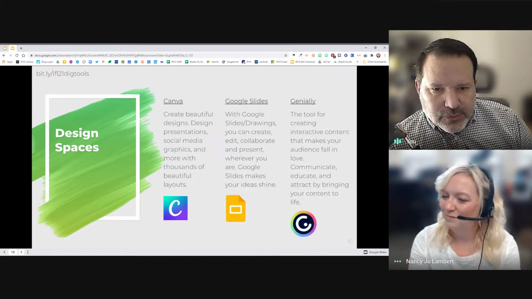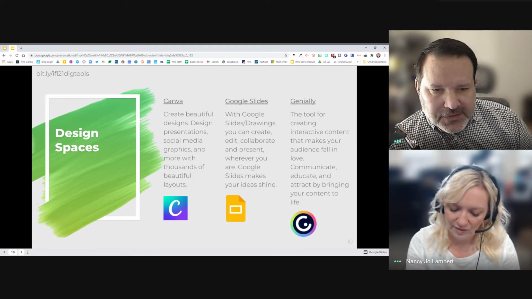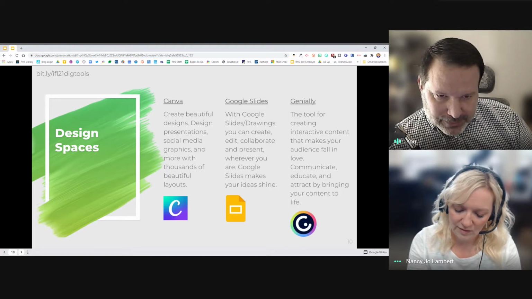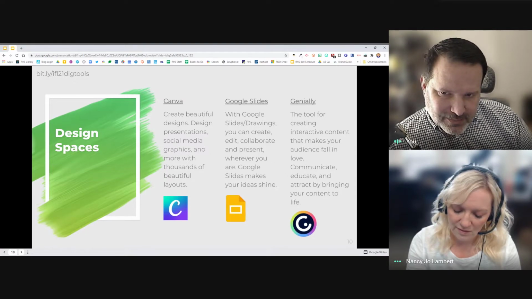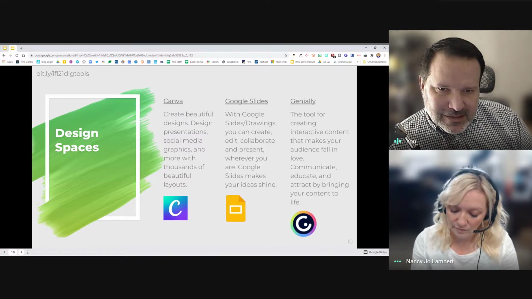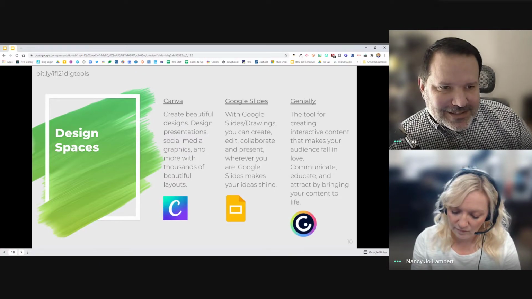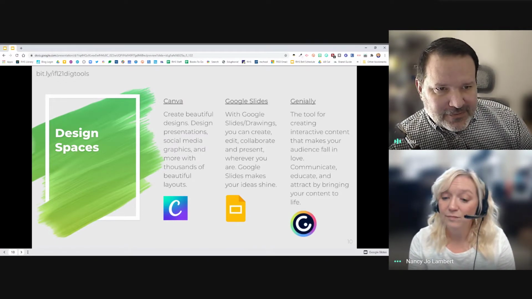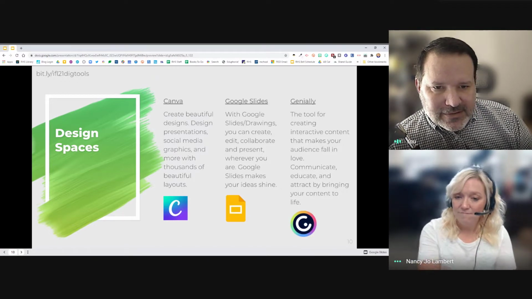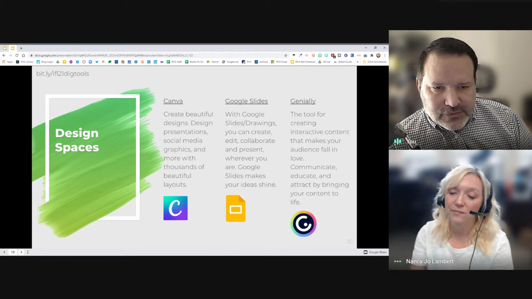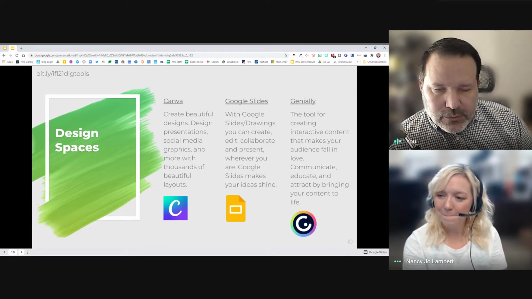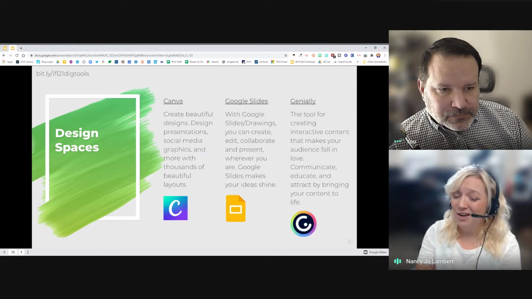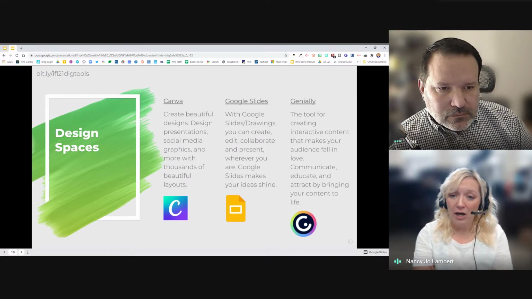Genially is a newer tool that I've kind of gotten into using. It's a little bit different. It's kind of like a bunch of tools wrapped into one. I don't know if you've used ThingLink before, but it's a little bit like that. It's kind of like Google Slides. You almost can build websites inside of it, little mini websites. So it has tons of stuff. It's just sometimes refreshing to use a different presentation tool instead of just Slides all the time or Keynote or whatever you're used to. So I've used Genially a ton this year.